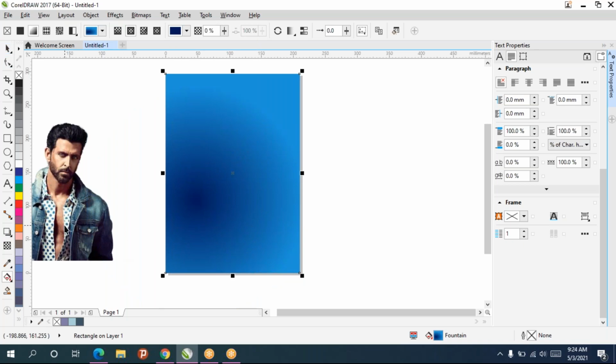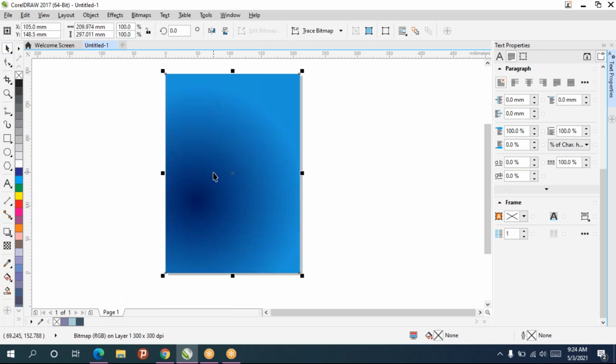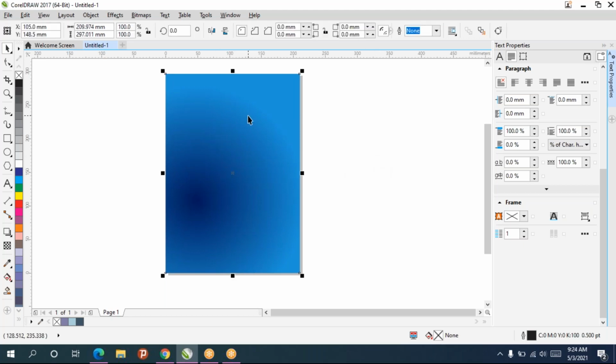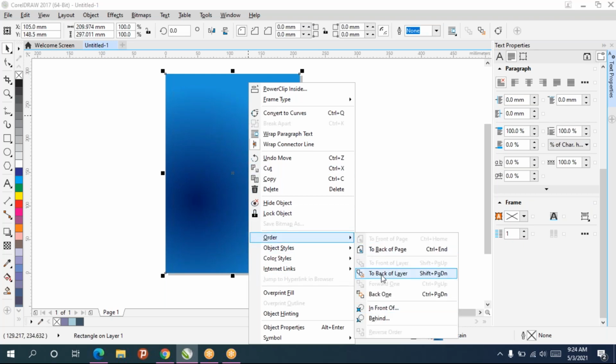Then I'll place the image on this. The image is not visible because we imported the image first. So how to send it backward? Before we used to do Control X, Control V, but you can solve that problem by right clicking on it, Order, then Send.